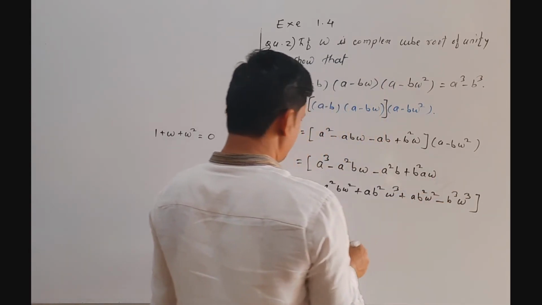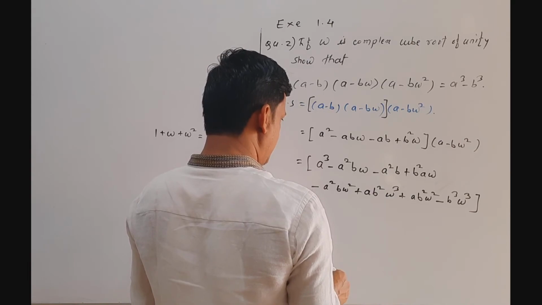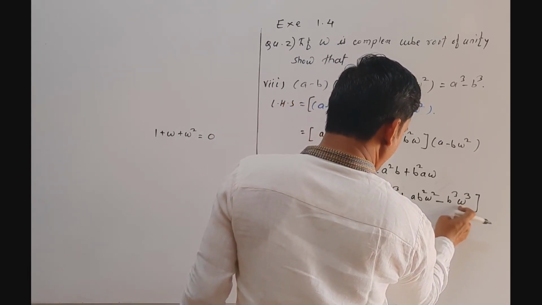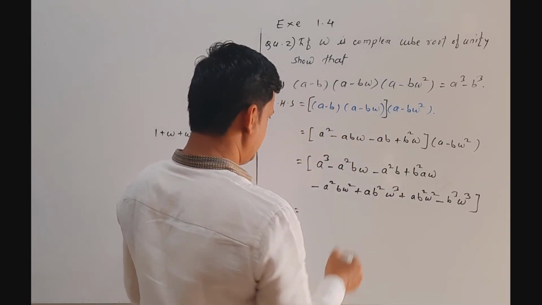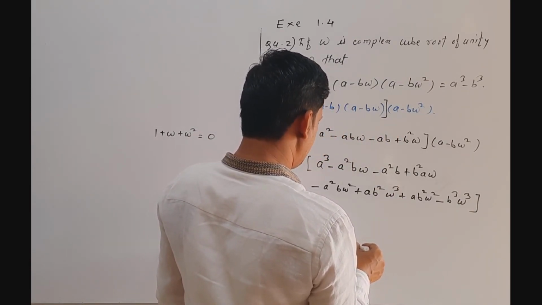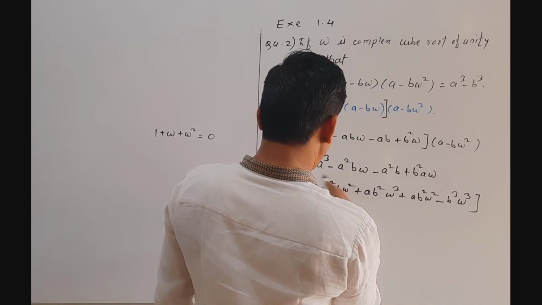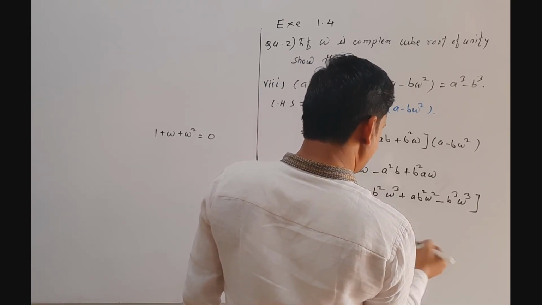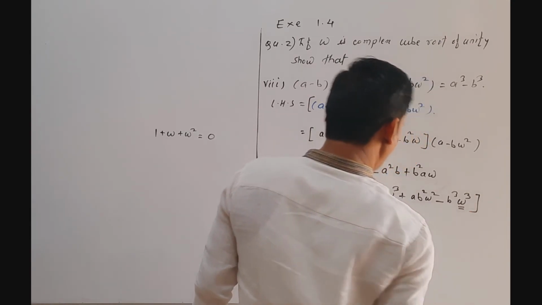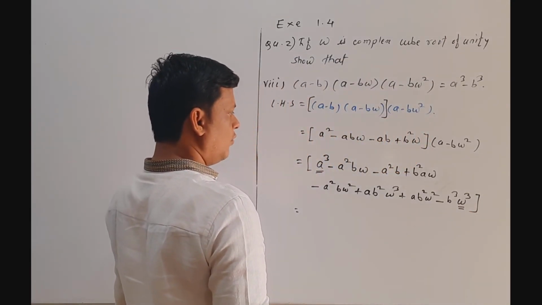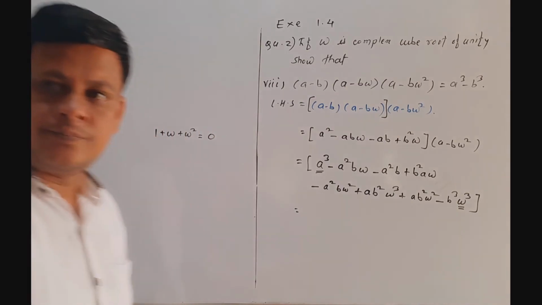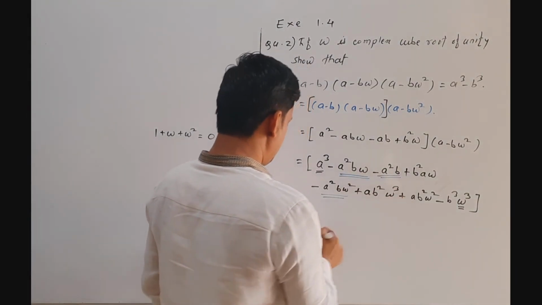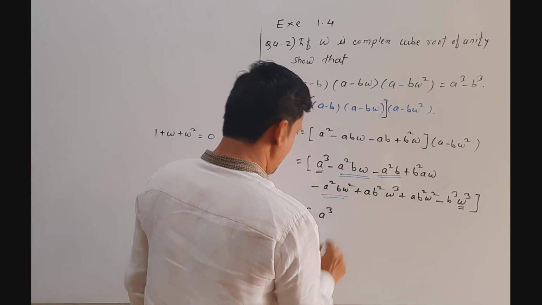Now see the like terms which we have to cancel here. First we write this omega cube as 1. We mark all the terms first. Here we require only A cube and B cube, that means all other terms get cancelled. So this omega cube we replace by 1. So observe these marked terms. We write this A cube as it is.